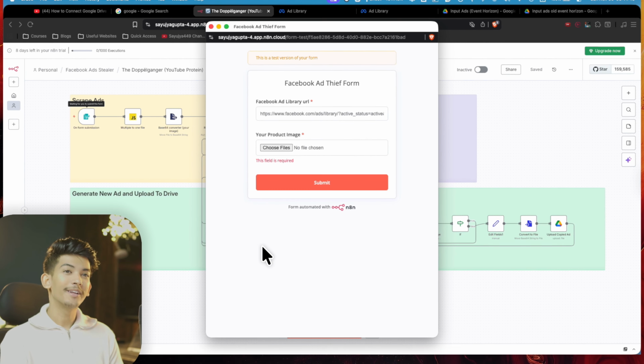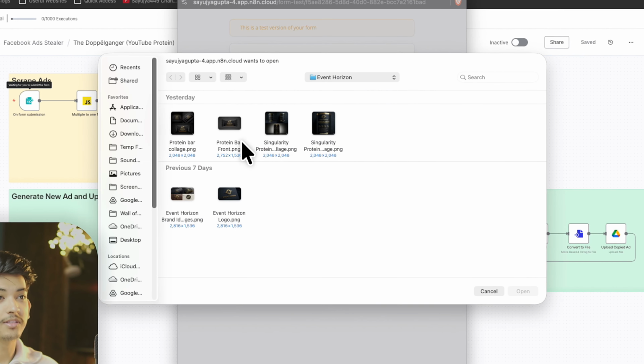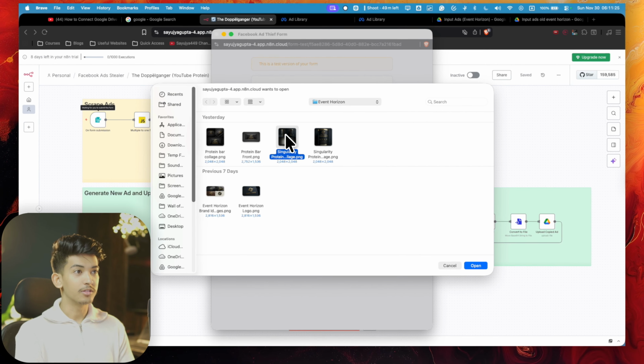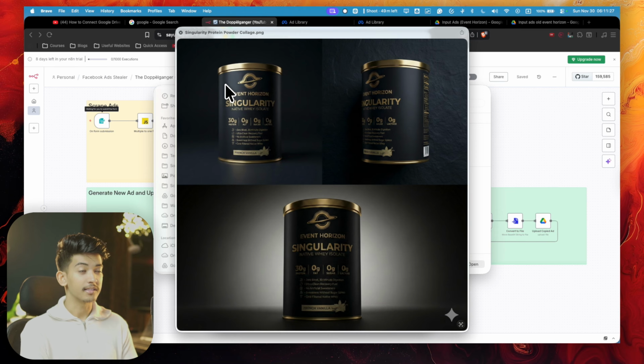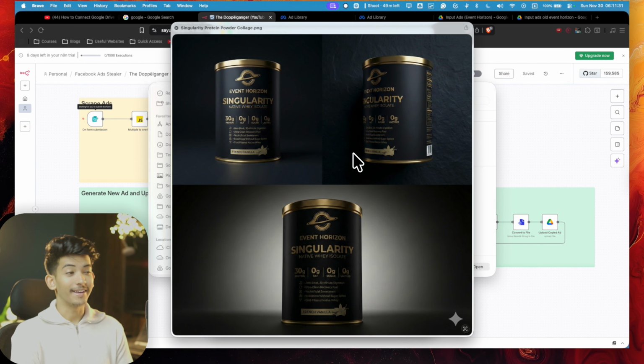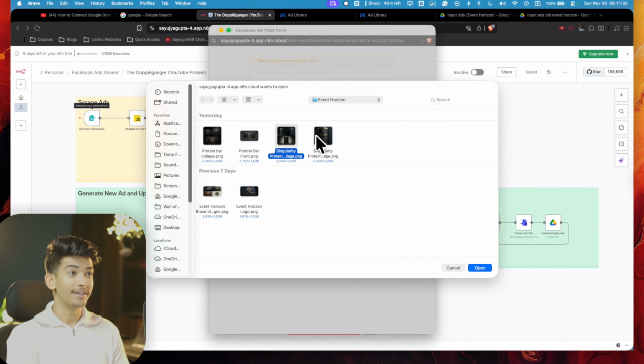And then I've also created some mock-up images, so we are just going to use that. You can see these are the mock-up images, and we are going to use the protein one. I have named the company Event Horizon. It's a luxury protein brand, if that exists, but yeah, this is the one. Let's go with this one. The images look pretty epic. And then I'm going to click on submit, and that's pretty much it from my side, because it's going to make all